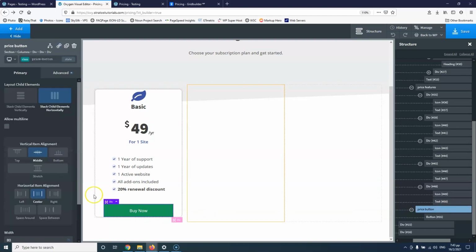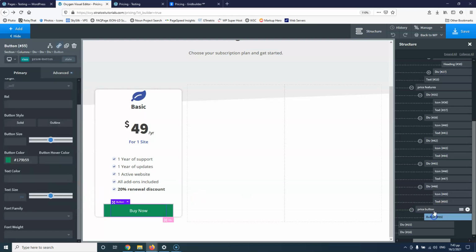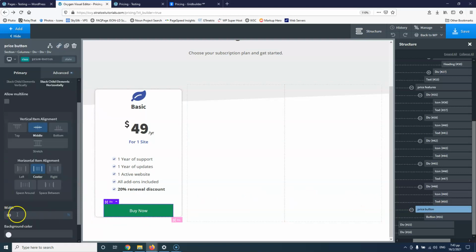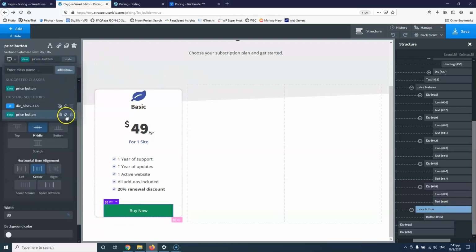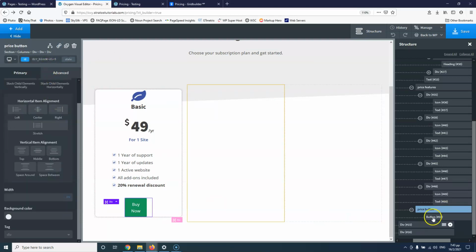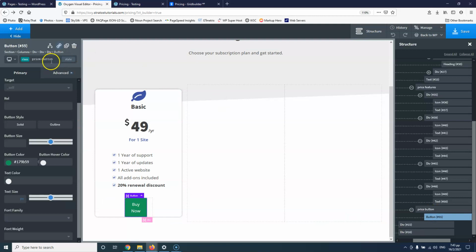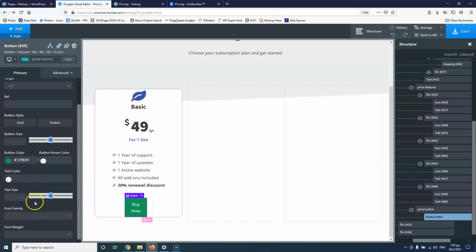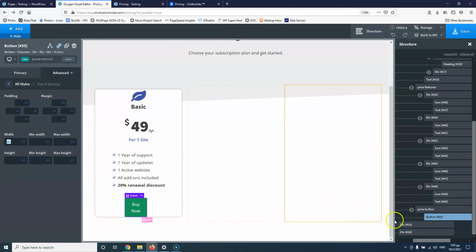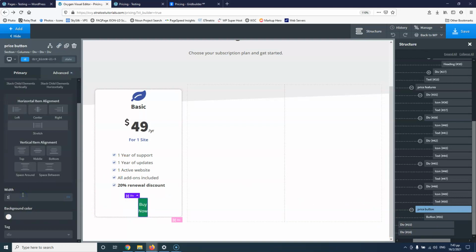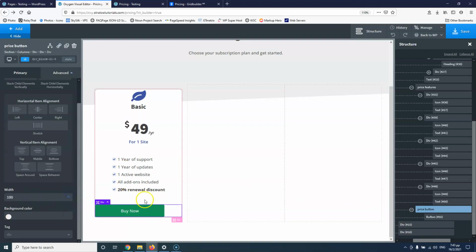And now let's see. As you can see, I had to put the width in the div and not in the button itself. And also I have put a class here, but I shouldn't do that. So this shouldn't have the class. This should have the class of the price button. And the price button should have this color and to be 80% of the width. So let's go for the sizing and spacing, and let's go for width of 80%. Okay, so let's go here, and we're going to put here to be 100% of the whole card. Okay, and of course align that in the center. Now we are better,